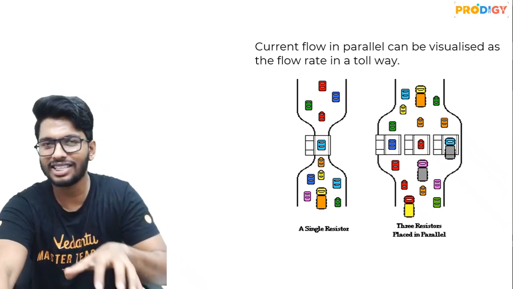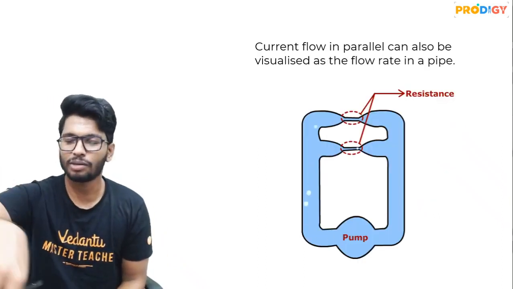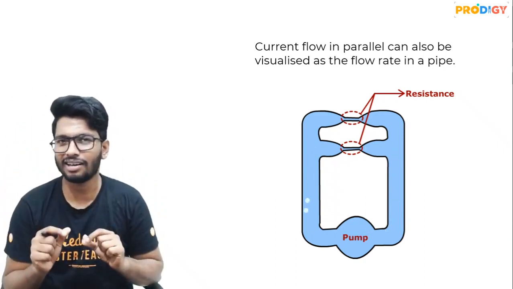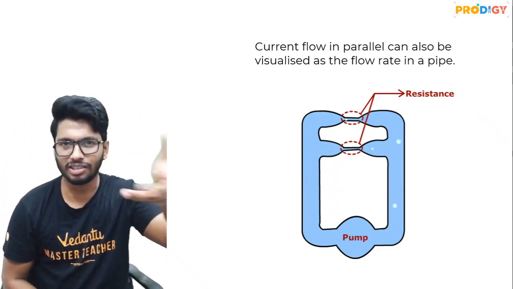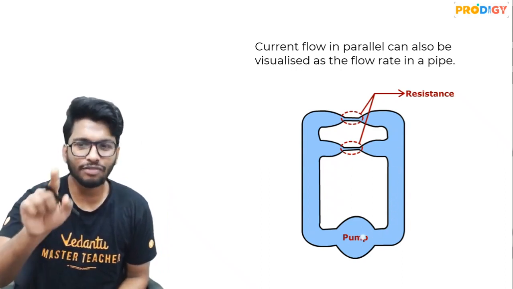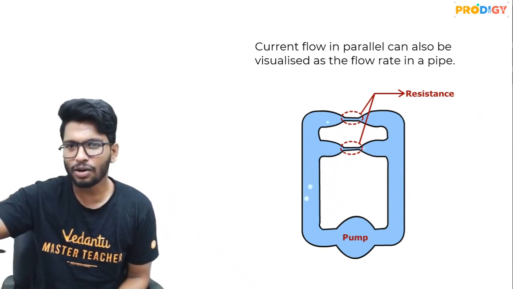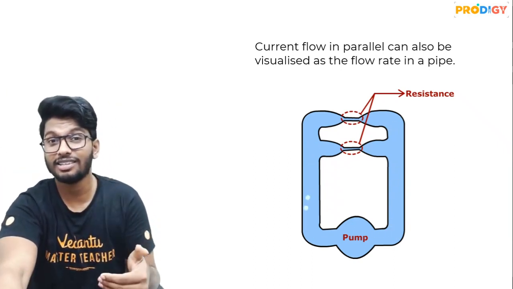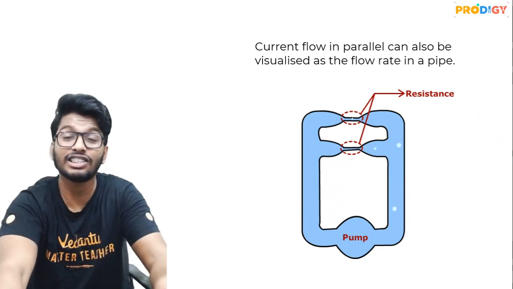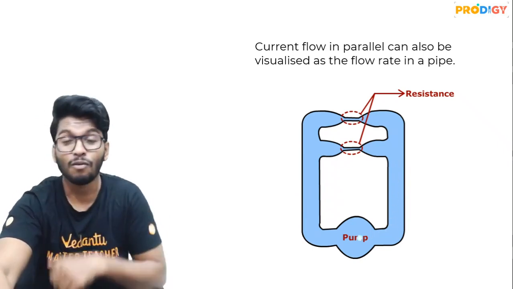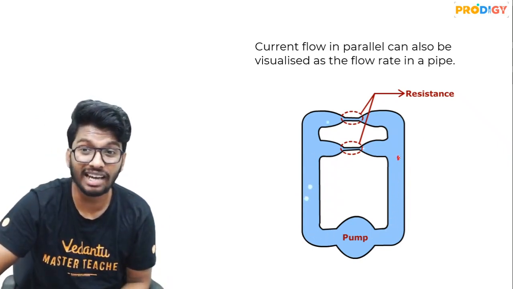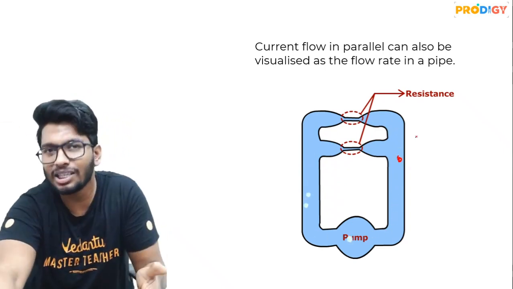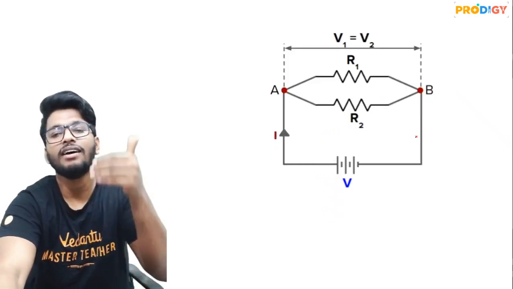So here's the thing, guys. If I go back to the same analogy of water also, you look at this, water particles are flowing through this. So you see that two resistors are right now connected in parallel, and those tiny little tubes are nothing but the resistors here. If you look at the water bubbles, some of them are going below and some of them are going above. So here's the thing, guys. In the case of parallel connection, the current gets distributed. And again, once they reach this point, both of them are meeting up again and combining. So current gets distributed in this case, but the voltage remains.